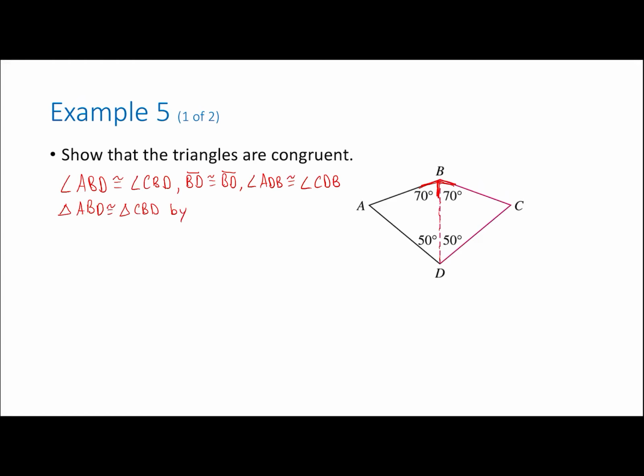Now, based on that, we know that these two triangles are congruent. So we're going to say triangle ABD is congruent to triangle CBD